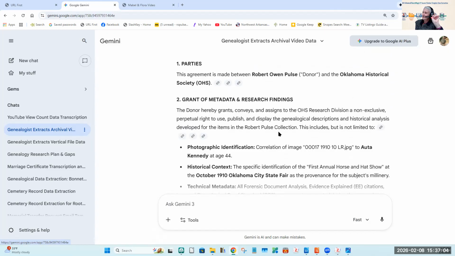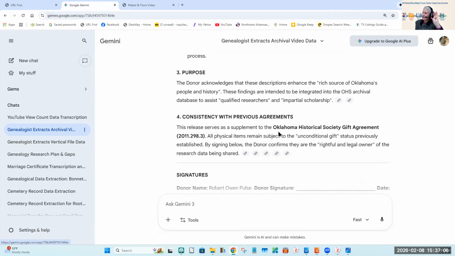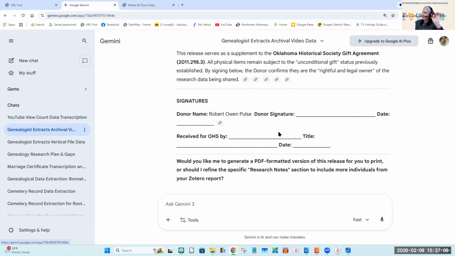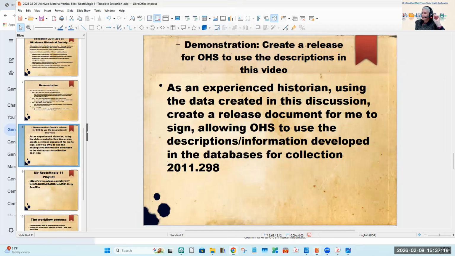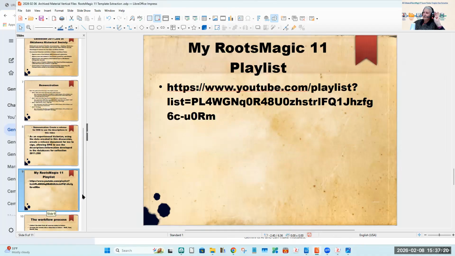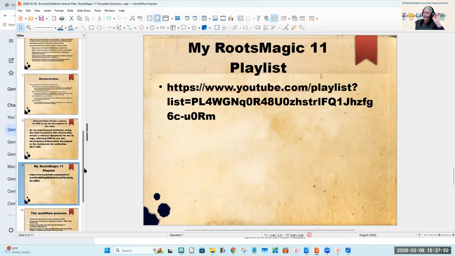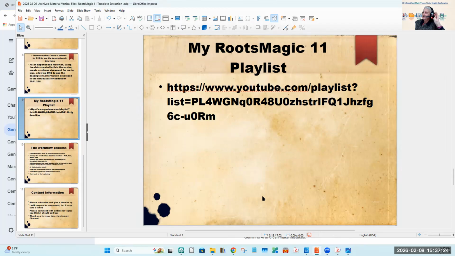And it developed a nice form for me to fill out, which I'll be sending to the Oklahoma Historical Society, making them aware of this video. Okay, here's where you can find other examples of my RootsMagic templates.